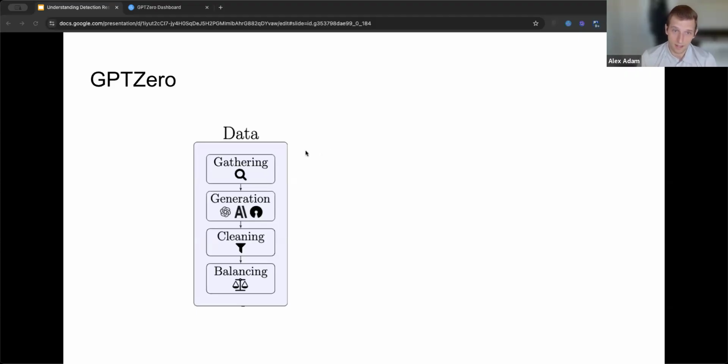We then clean this data so that it's free of any giveaways or formatting quirks. So an example of a giveaway would be an AI-generated text starting with a phrase like, "Certainly, I can create an essay or create some assignment for you." And then lastly, we balance the data based on document type, such that it's reflective of what our users care about. So even though there's a bunch of computer code available on the web, we don't train on it since most of our users aren't interested in it, and it could also harm the impact of our detector on other categories.